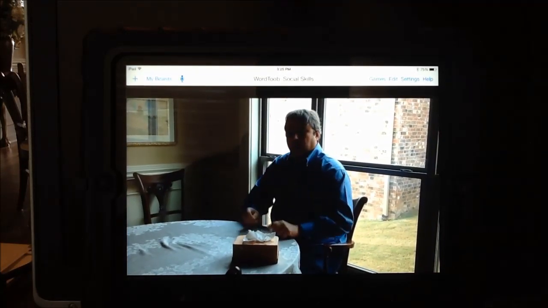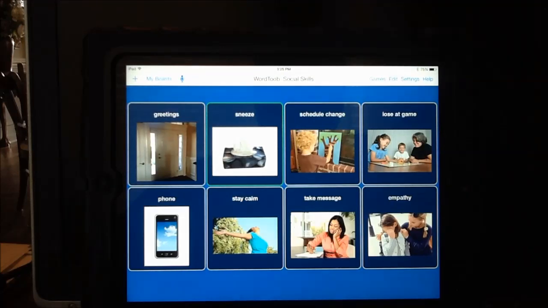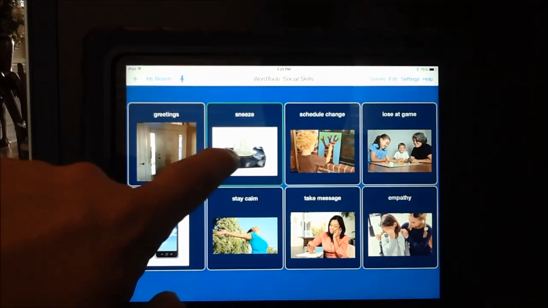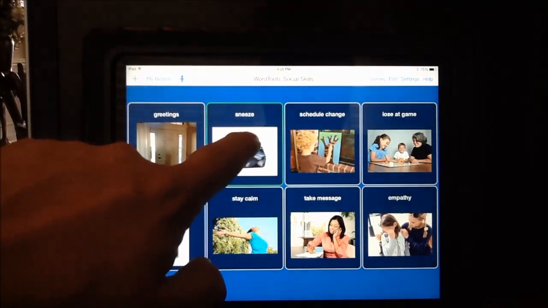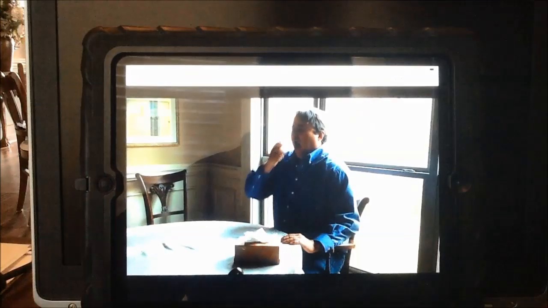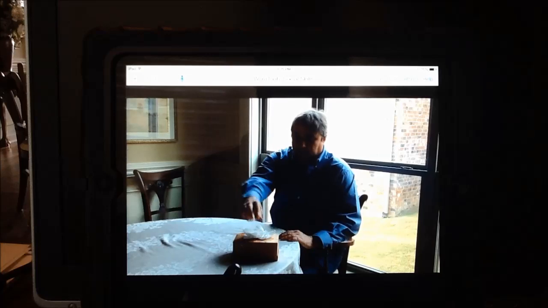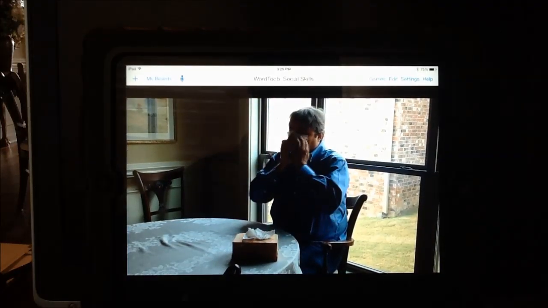Again, that's me self-modeling, so I'm actually seeing myself do the behavior using a Kleenex. Sneeze. That's point of view again, where I'm actually seeing the model from my point of view. One of these has my wife in there. Sneeze. Now remember, WordToob randomizes them, so you just don't know how many times you're going to get that one